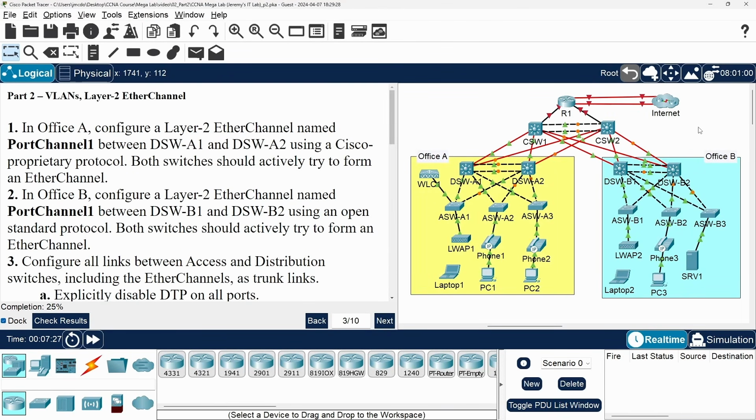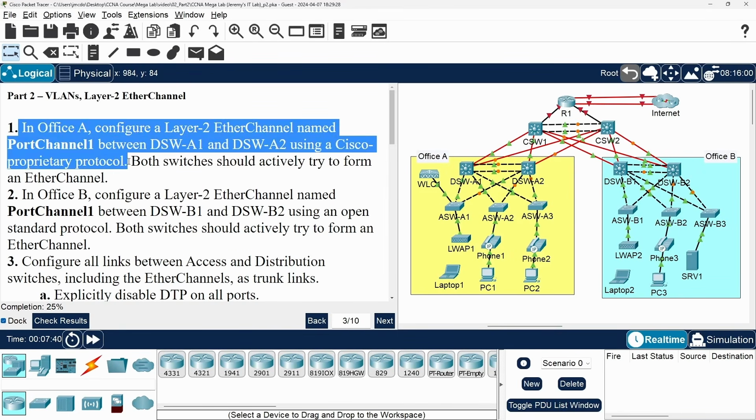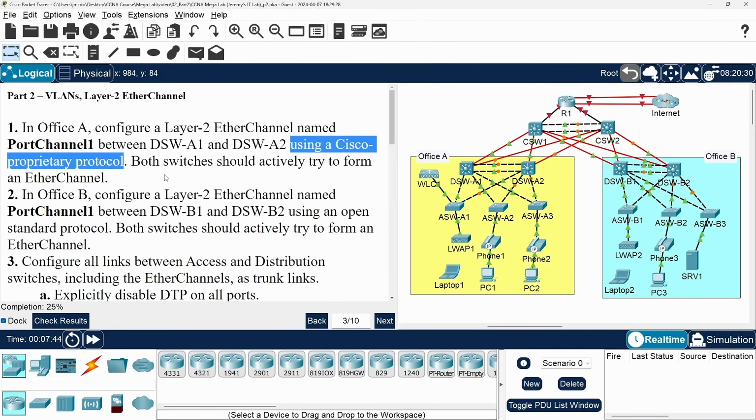Part 2 covers VLAN and Layer 2 Ether channel configurations. So we'll be focusing on the distribution and access switches in this part. First, let's quickly look at the instructions. Step 1 says to configure a Layer 2 Ether channel between DSwitch A1 and A2 in Office A, using a Cisco proprietary protocol.